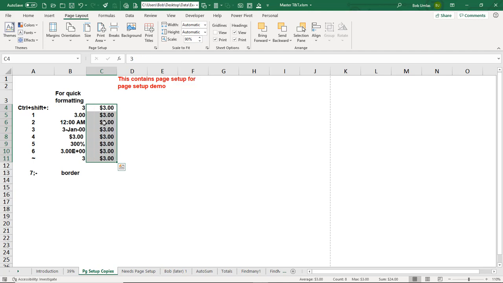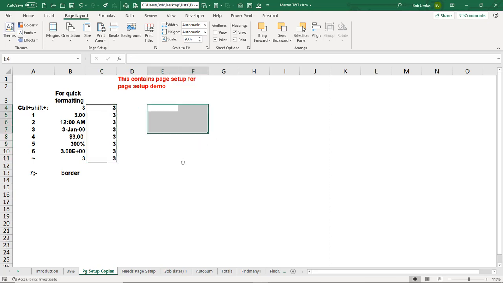I should say a $ sign. It's not necessarily the currency version. However, you can remember that because on a US keyboard there's a $ sign on the 4. Control Shift 5 is percent. There's a percent sign on the 5. Control Shift 6 gives scientific notation, and there's a raised to the power symbol on the 6. Control Shift tilde, which is the key to the left of the number 1, again this is US keyboard, is changed in general format. Control Shift 7 puts a border around your selection,